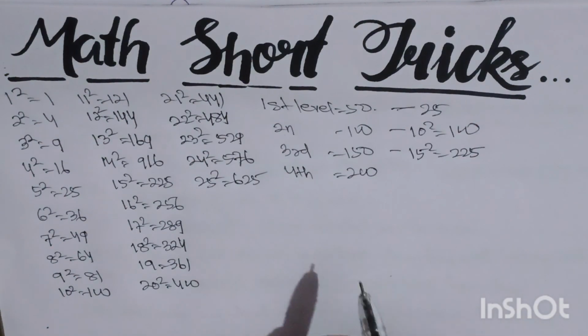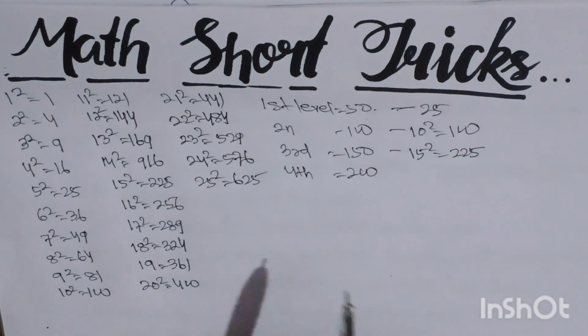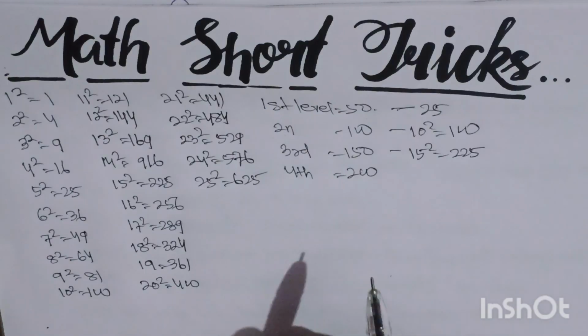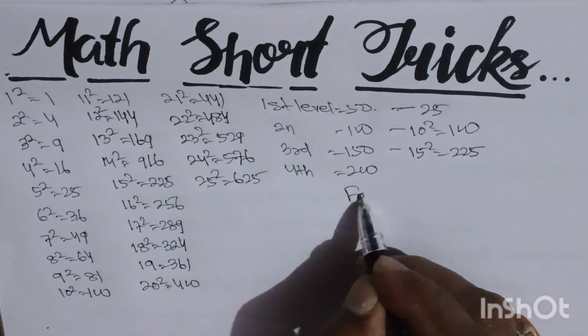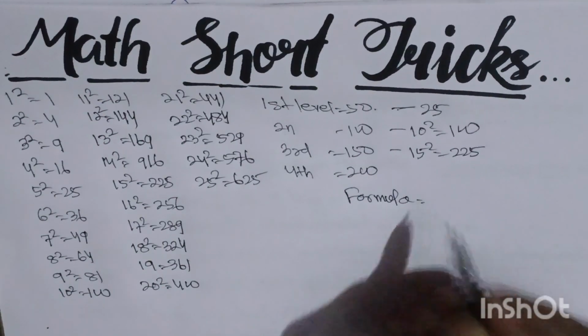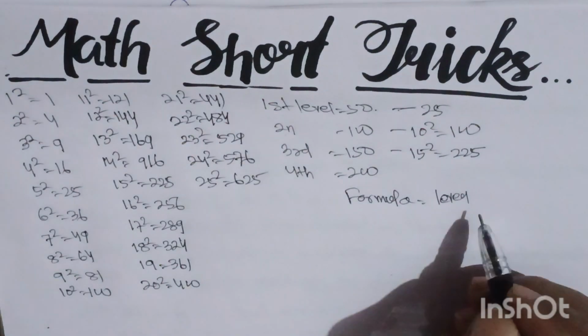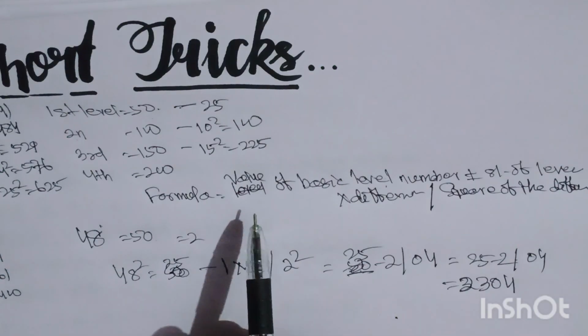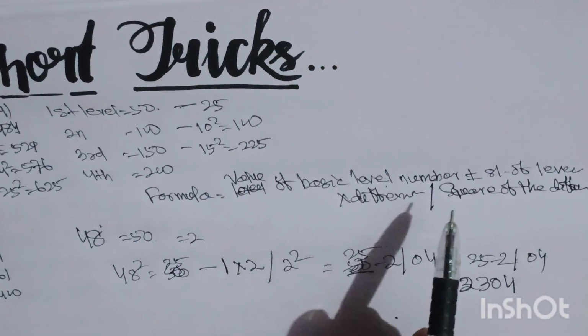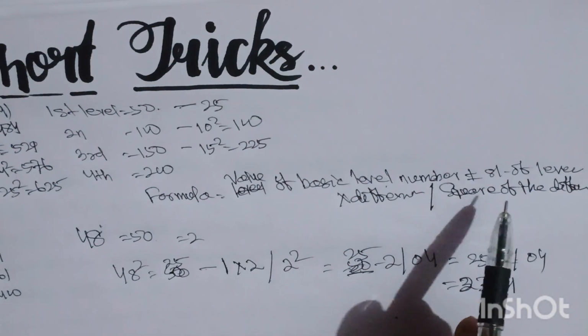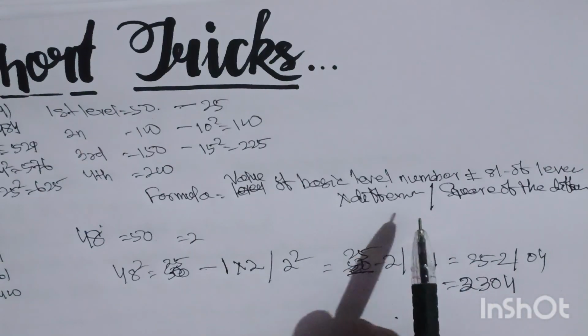When you find the square of a number, you have to remember three things. One is the serial number of the level, second is the value of the level, third is the difference between the level number and the given number. Then you can easily find the square of a number. The formula is: value of the level, plus or minus serial number of the level into difference, oblique, square of the